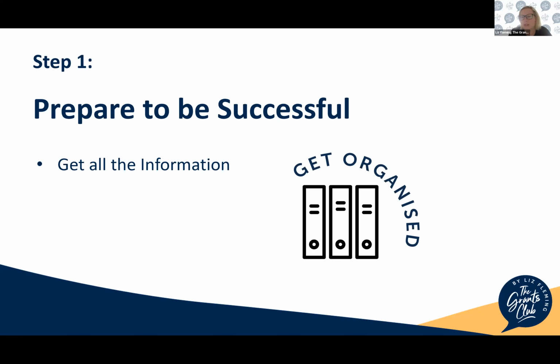But we do need to make sure that we get that information so that at the start, we can read through the criteria and make sure that we as an organization are eligible. And then also making sure that our particular project that we're planning to apply for is also eligible as well. So we need to make sure that both those elements are ticked off at the beginning. I don't want to waste your time, and I don't want to have my time wasted either by applying for a grant that we weren't even